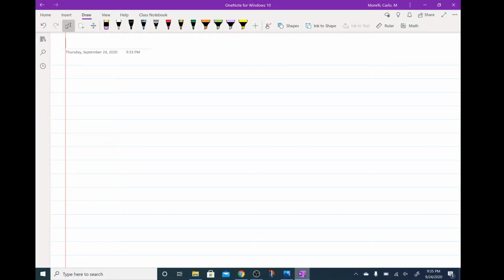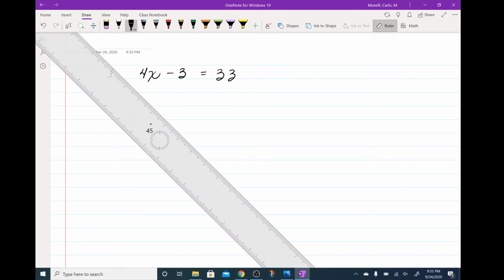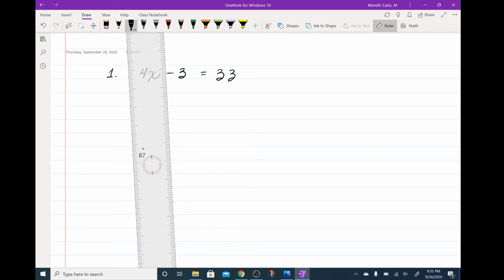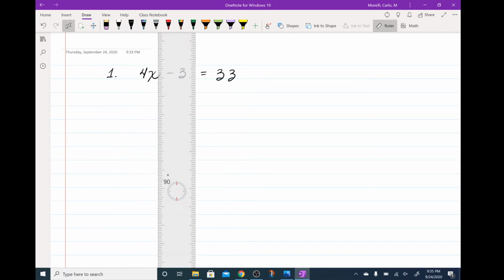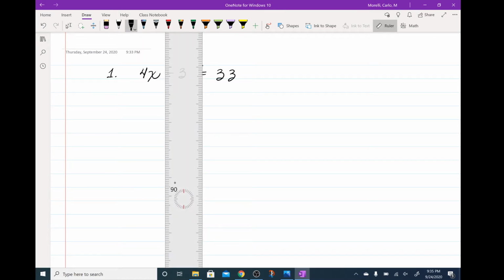Okay, in this video, I'm going to show you how to solve some 2 and 3-step equations. Starting with number 1, 4x minus 3 equals 33. Now, what I tell my students is to take a ruler or a protractor and draw a vertical line